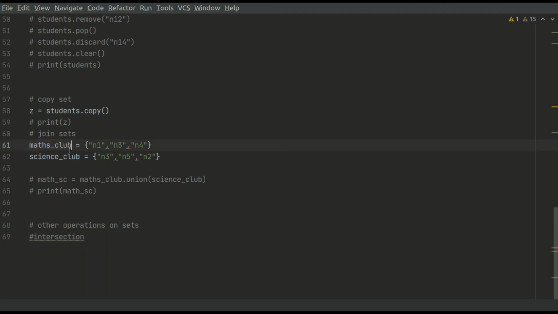If we check our science club, here we have n3. So this means this student is in both clubs, okay? So if we intersect the two sets, the common one will be n3. So that's what we are going to get as our result. Whatever we do, we are going to create a new set and say common